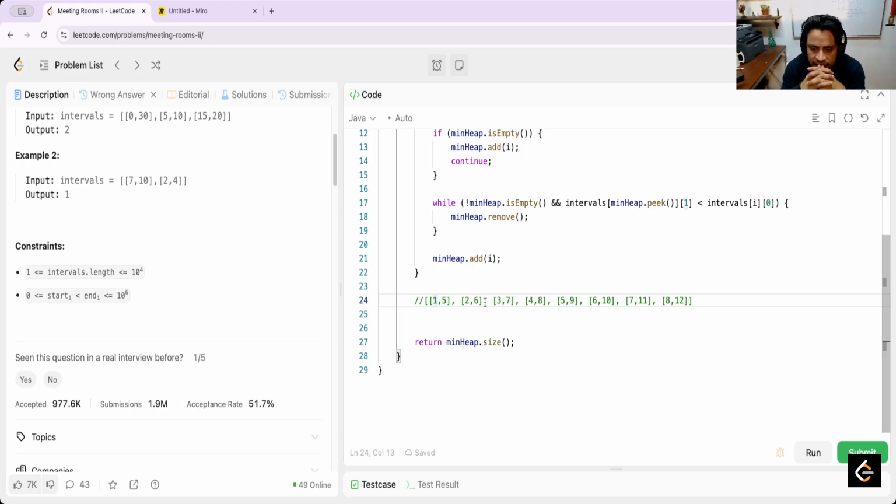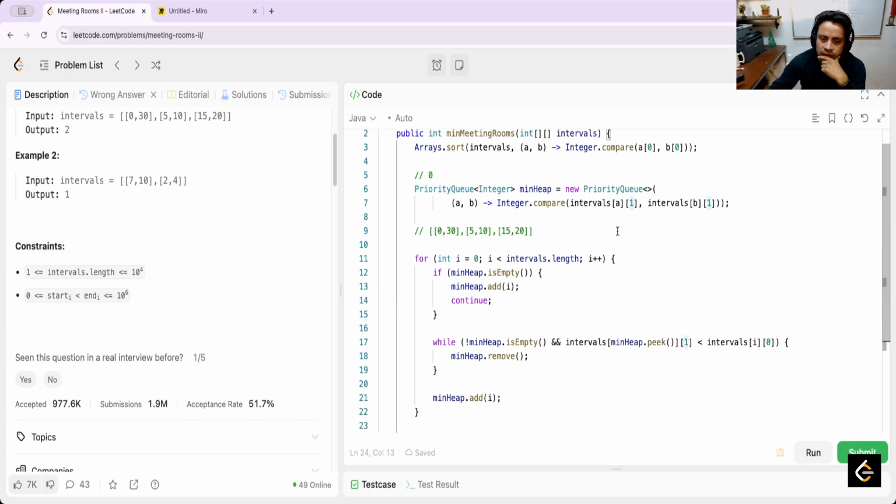Where this starts. Okay, in this case, I think